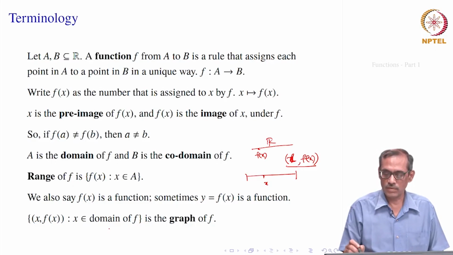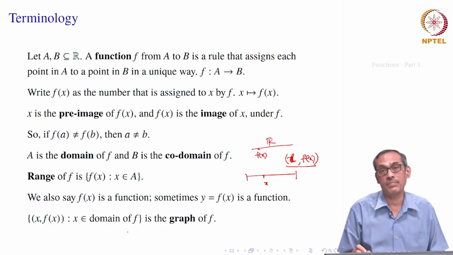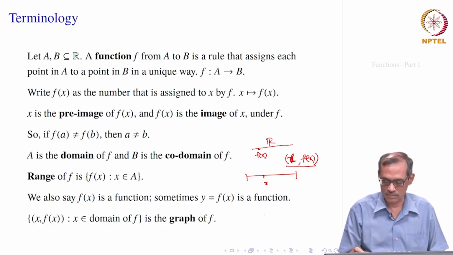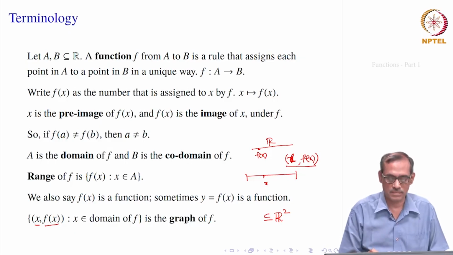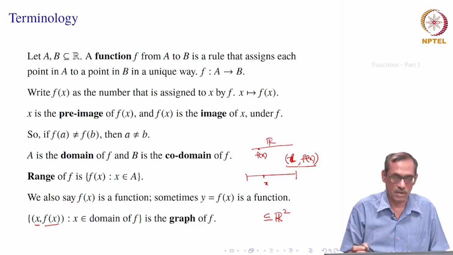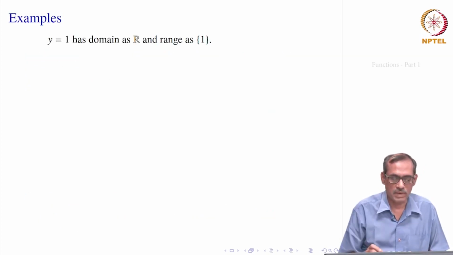So, now we will be taking some examples where we will write the graph of f, how the function looks as a set of ordered pairs. The graph of f will be a subset of R 2, right, because x is from R and f of x is from R. So, their ordered pair belongs to R 2. So, the graph of f will be a subset of R 2. Usually, it will be a curve. We will see how it looks. So, we will consider some examples.